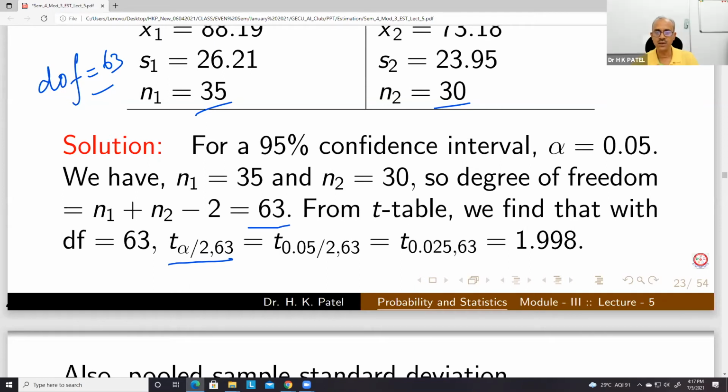In some books, actually, they don't give values after 30, but values are there. Because T distribution is not exactly equal to normal distribution, it is almost normal. After 30, we can say that it is almost normal, so we can use a normal table to find the value, if at all it is not there. But I have seen tables for 63, we can get. Okay, sir.